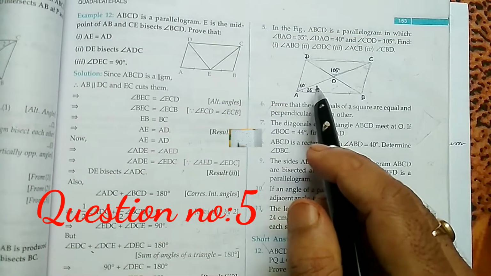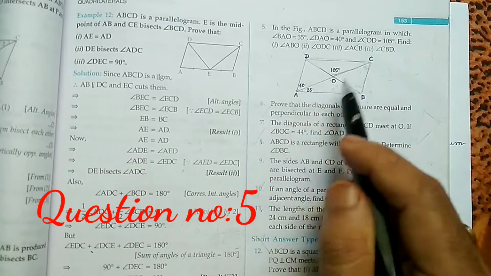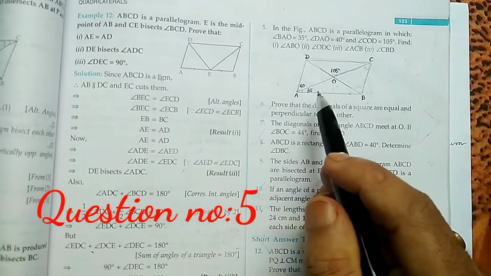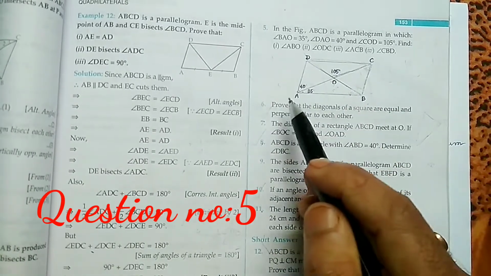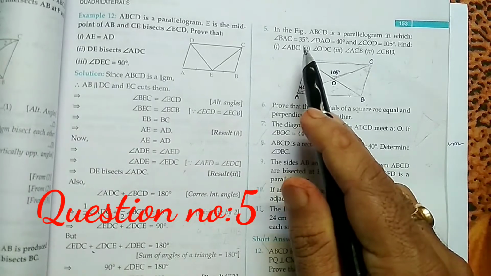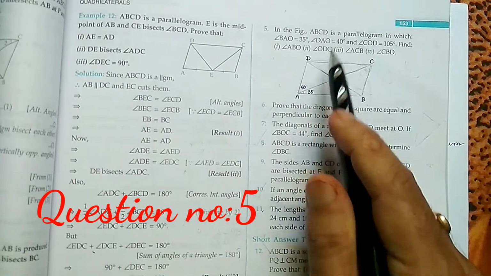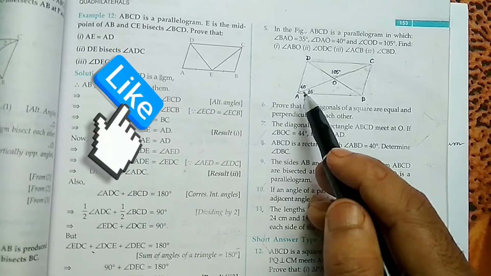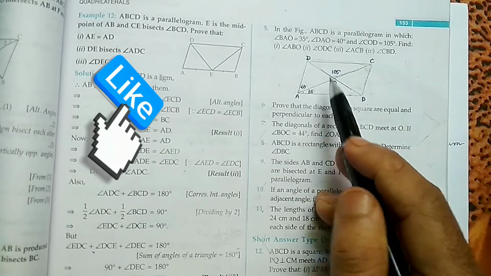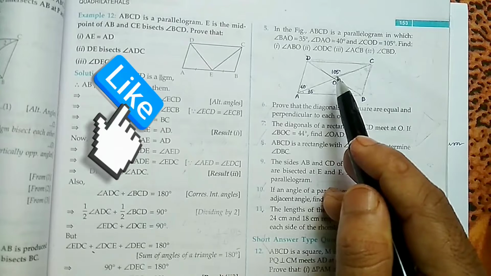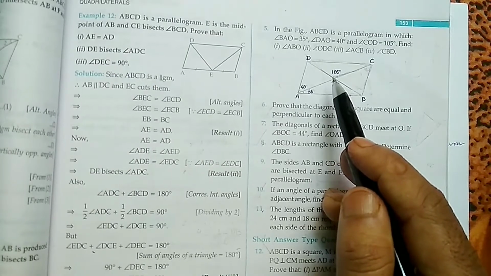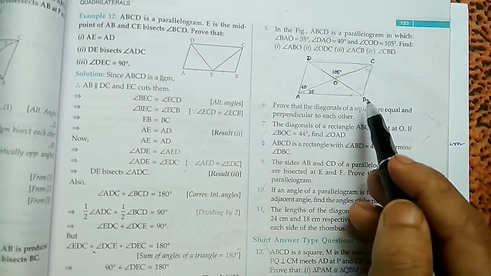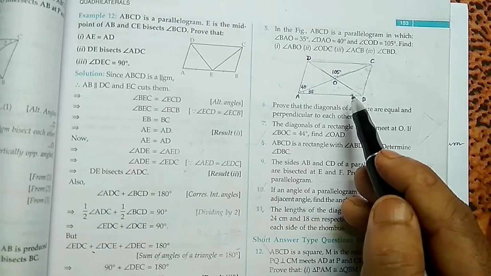So question number 5. Here ABCD is a parallelogram in which angle BAO is given as 35, angle DAO is given as 40 degrees, and angle COD is 105. What we have to find? We have to find angle ABO,